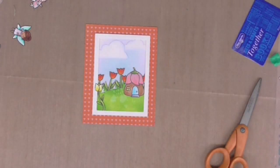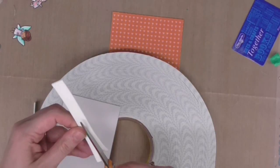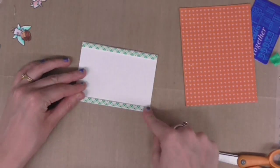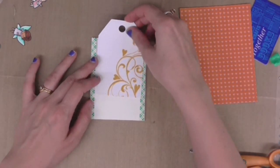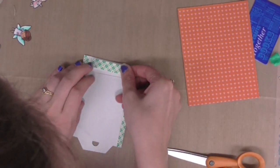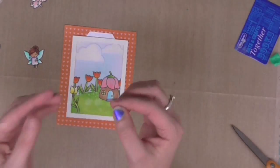I used some pattern paper also in that orange tone so that I could tie everything together, and cut that out using my large stitch rectangle, and that's going to go onto my note card. Now I want my tag to fit in behind this panel, so I'm putting thin strips of foam tape on both of the long sides and also along the bottom, so that it tucks in behind and can be pulled